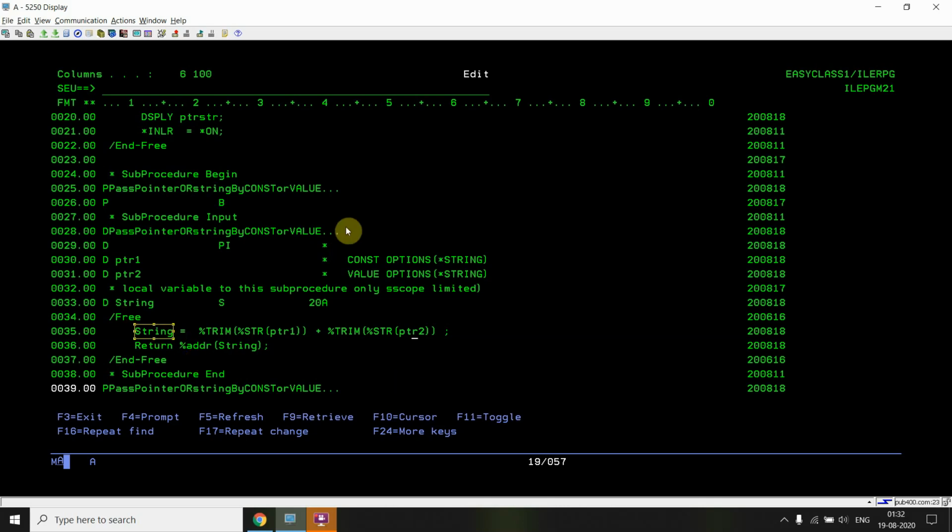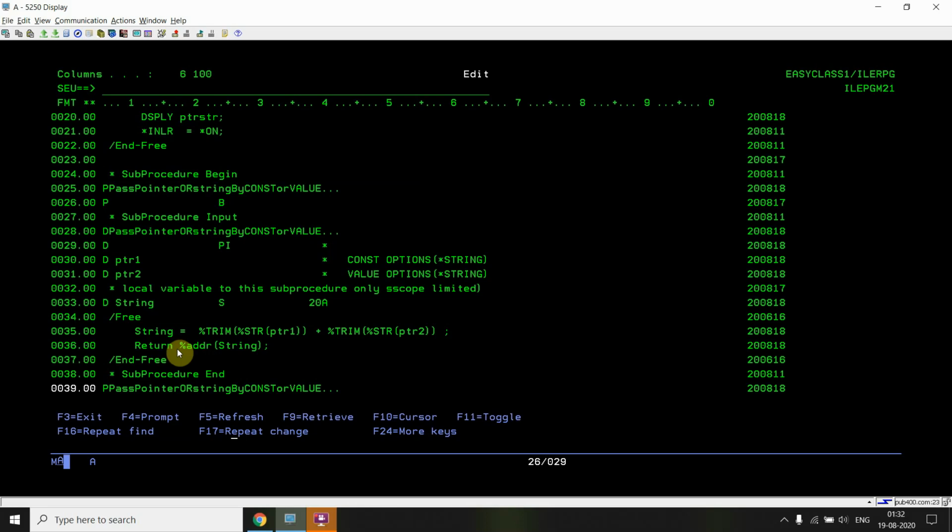Now we are returning a pointer variable, so we cannot return the string here. We need to return the address of that string. So I used the %ADDR opcode, which returns the address of this string variable.